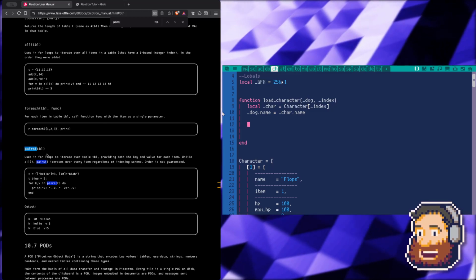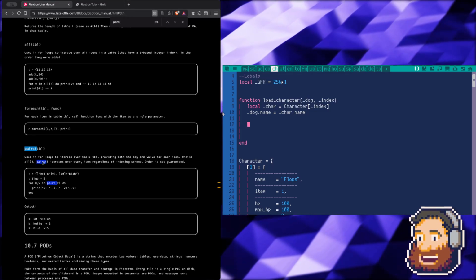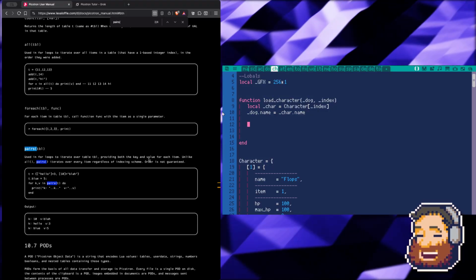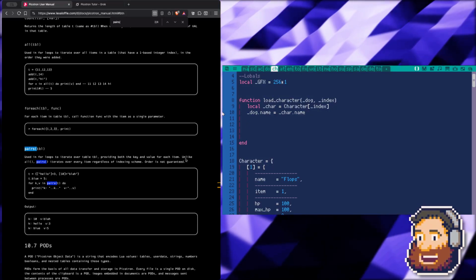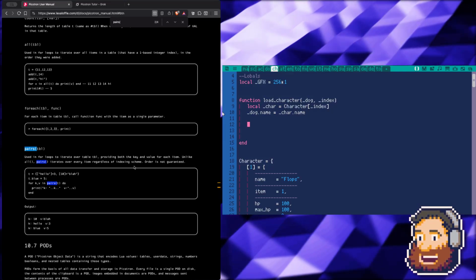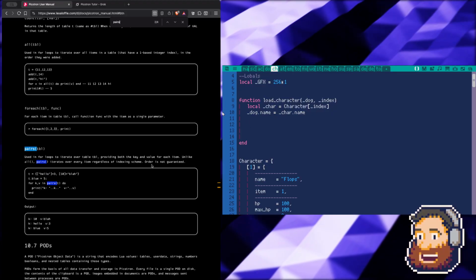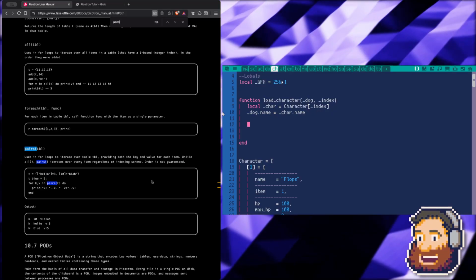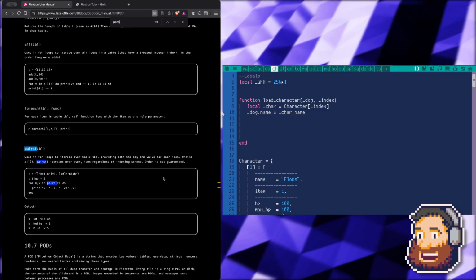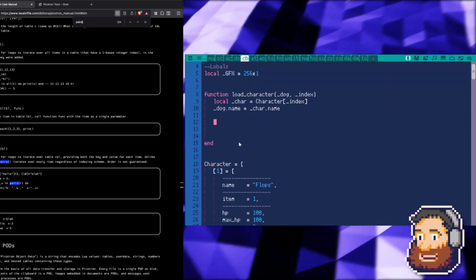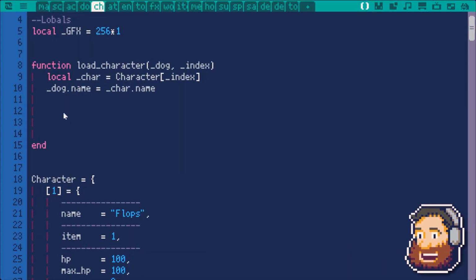Pairs. Pairs in a table is used in for loops to iterate over a table, providing both the key and value for each item. Unlike ipairs, it iterates over every item, regardless of indexing scheme. Order is not guaranteed, so it's not going to guarantee the order, but it gives you both the key and the value. So what we want to do is we want to say